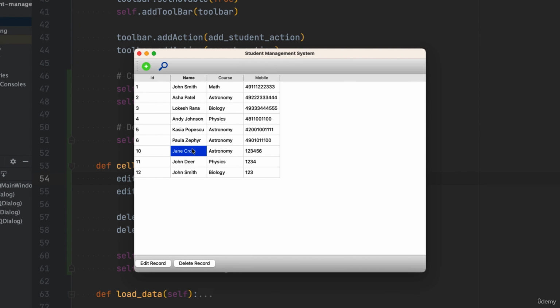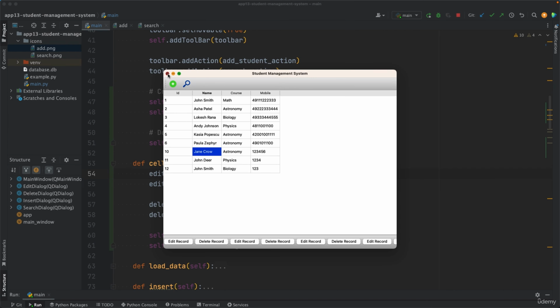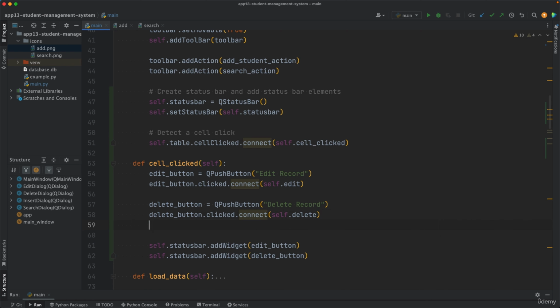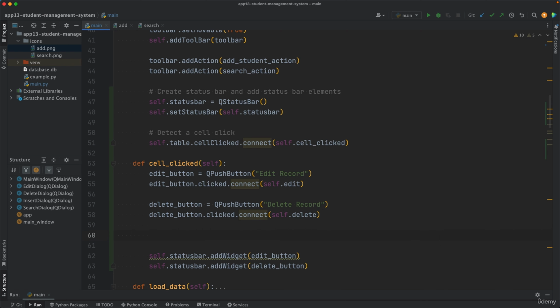So whenever I click a cell now, the buttons are added and they keep being added to the status bar. That's something we'll fix, but at least we do see the buttons added in the status bar when we click a cell. Right, so how do you remove them so that you don't have those duplicate buttons? Before you add the buttons to the status bar, you want to clean any other current buttons. For that, you want to do